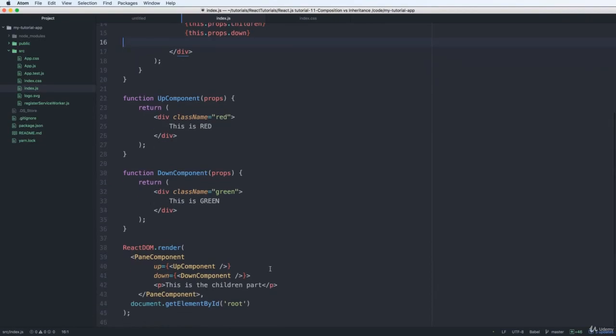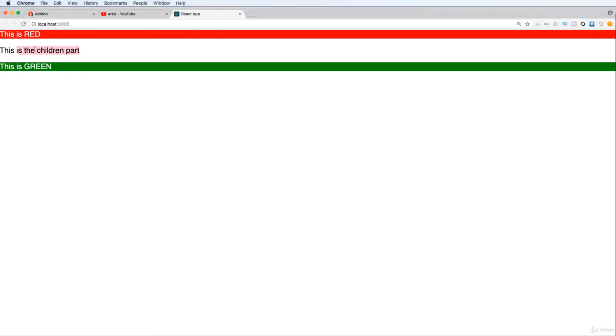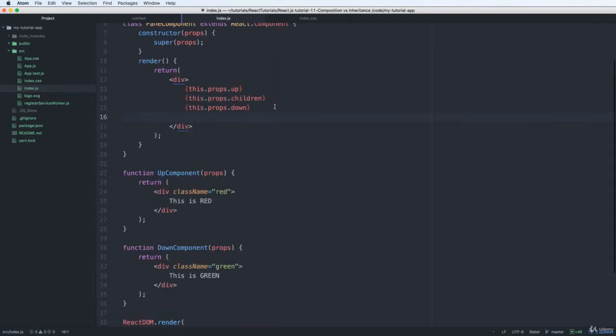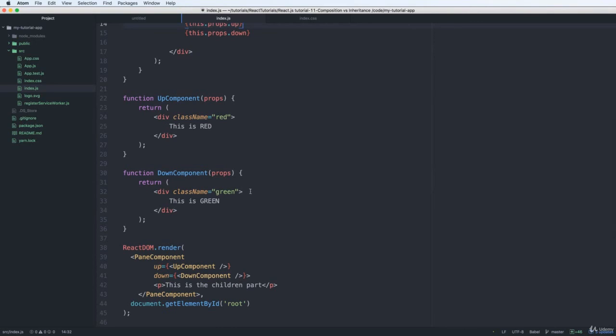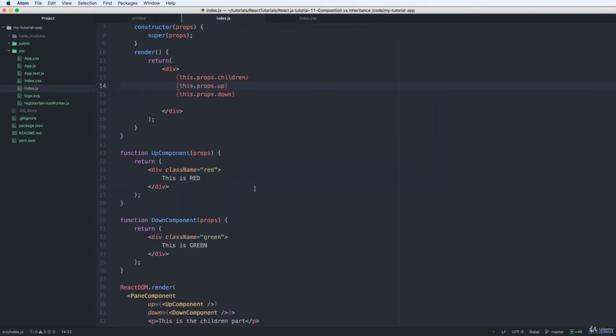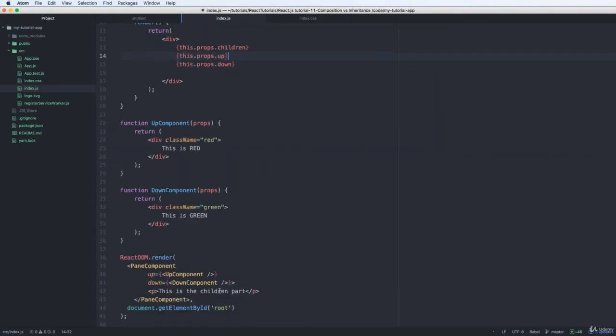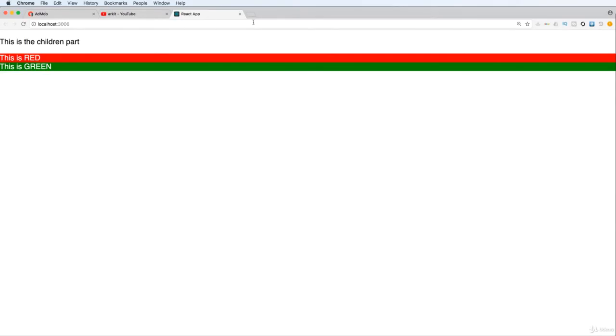So here I can add the children, the composition, to the Pane component, up and down. Similarly, the children come first, the second is up, the third is down, and I refresh to see that the children is